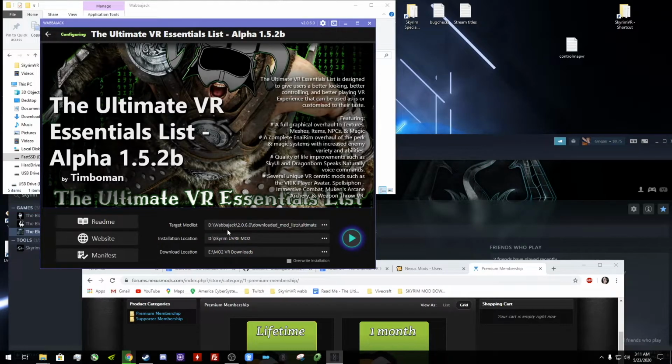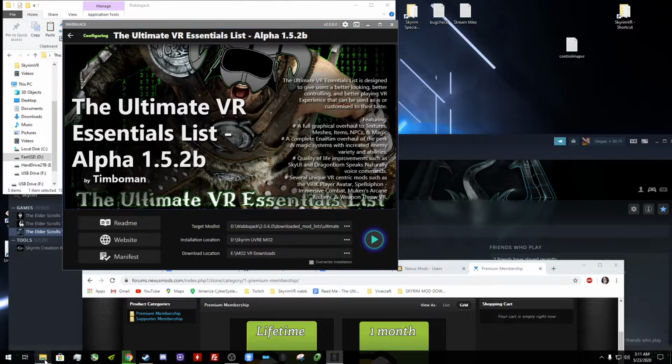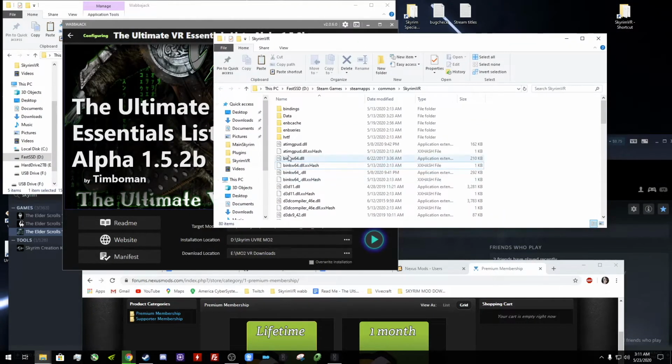Now, I think I actually missed a step. So before you do that, you're going to want to go back. You can just have that all ready to go, but don't click play yet. So you're going to want to go back to this, and you want to put a dash through this. So I think at first it's not going to have that. It's just going to have